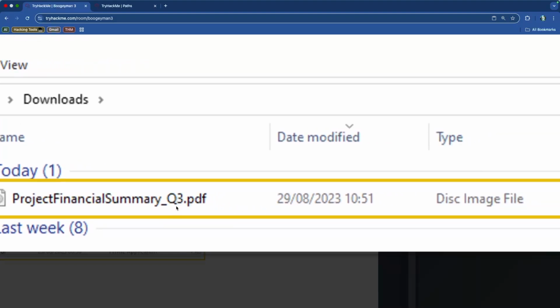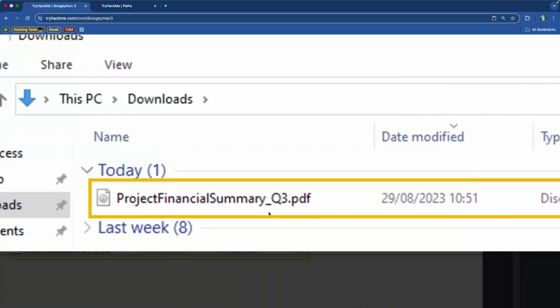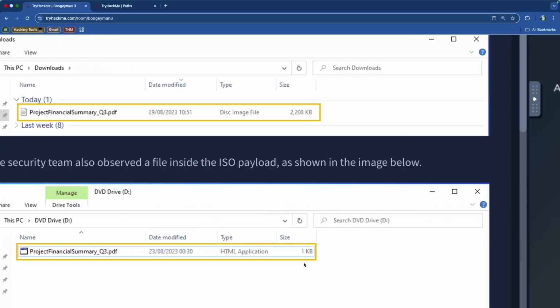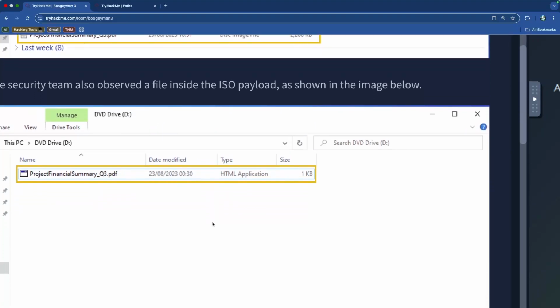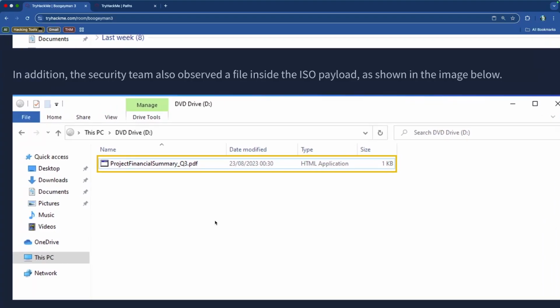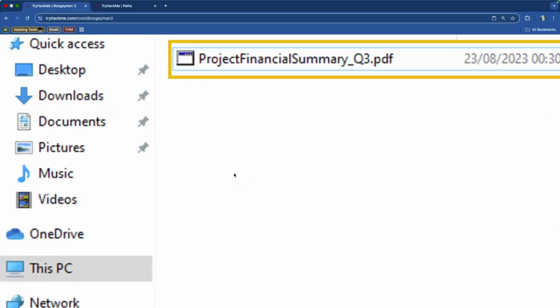So it has a .pdf extension, but when you look at the type of it, it says it's a disk image file. A disk image file is an ISO file. So it should technically have a .iso extension, but in this particular case, it does not. Then there is a file inside of the ISO payload, as shown in this image, where we actually